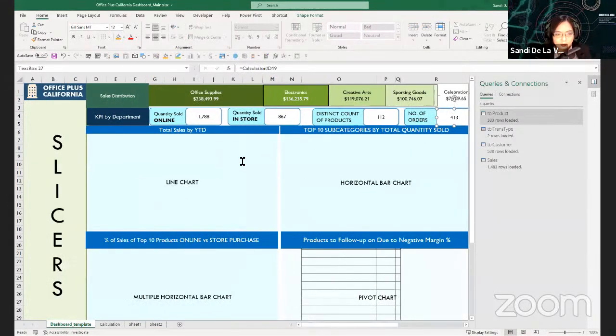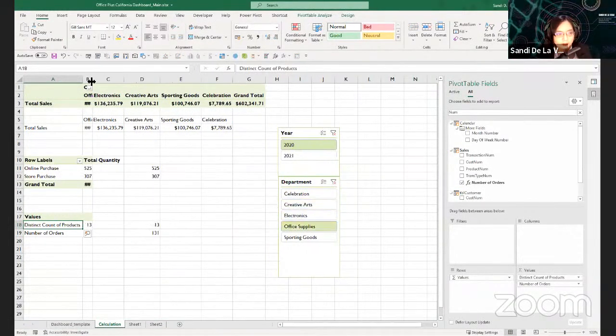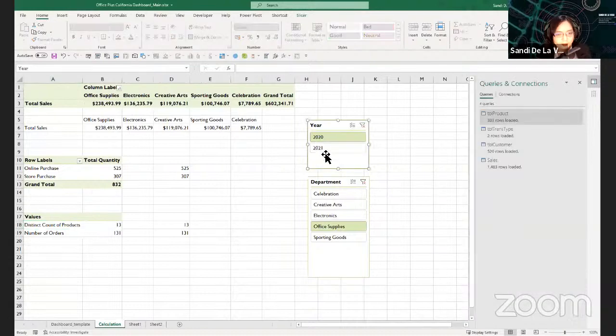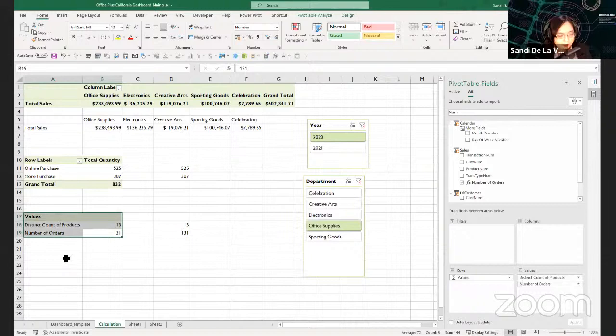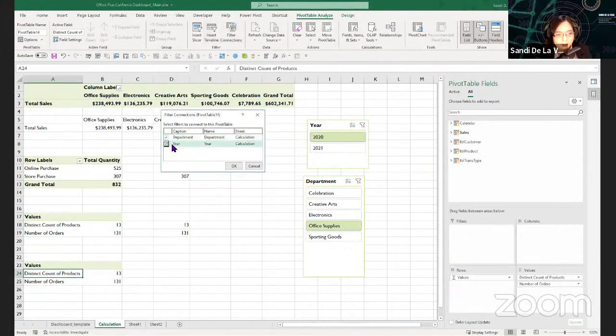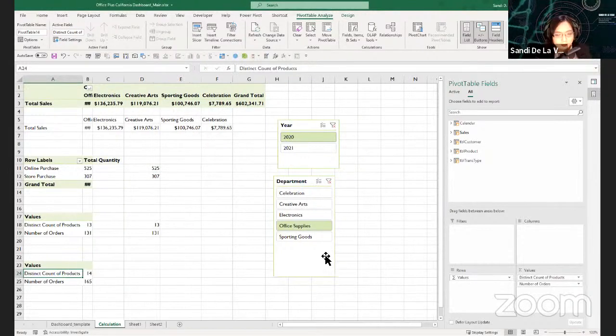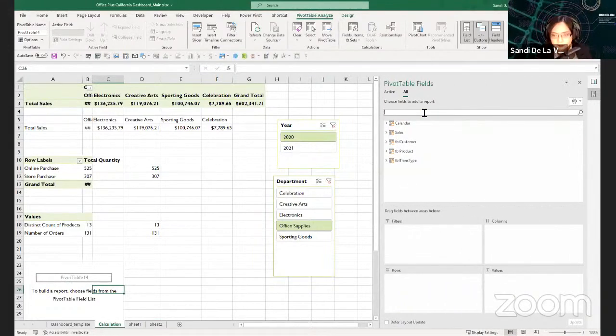Next would be the total sales year to date. Let's double check if, okay, the two pivot tables are reflected here in these slicers. Next would be the year to date. For this pivot table, we don't need the year slicers since we will compare the year 2020 and the year 2021. To do so, let's remove other fields in the pivot table.